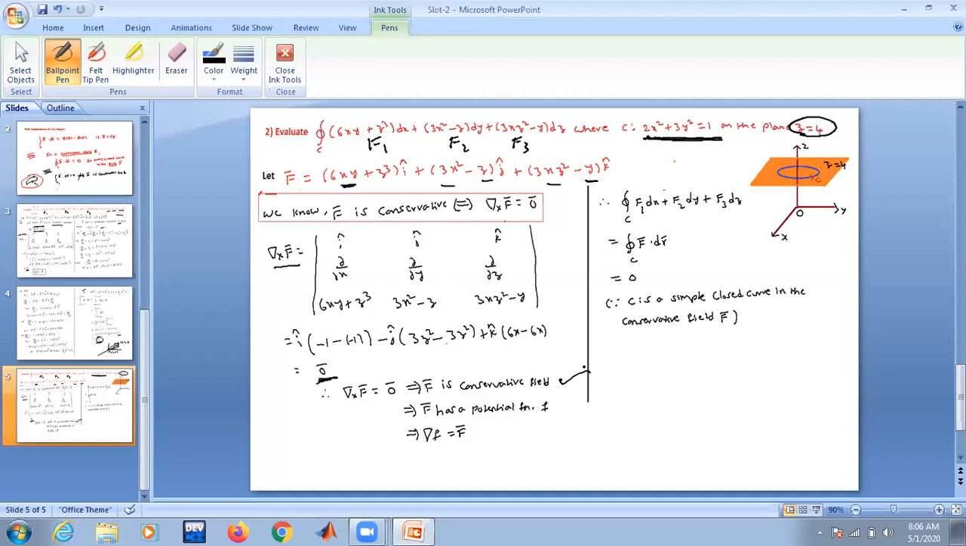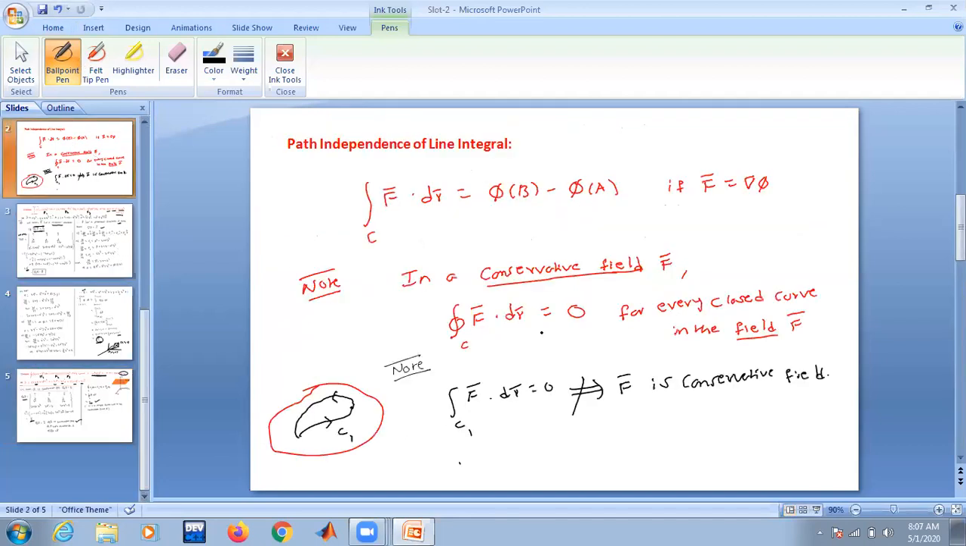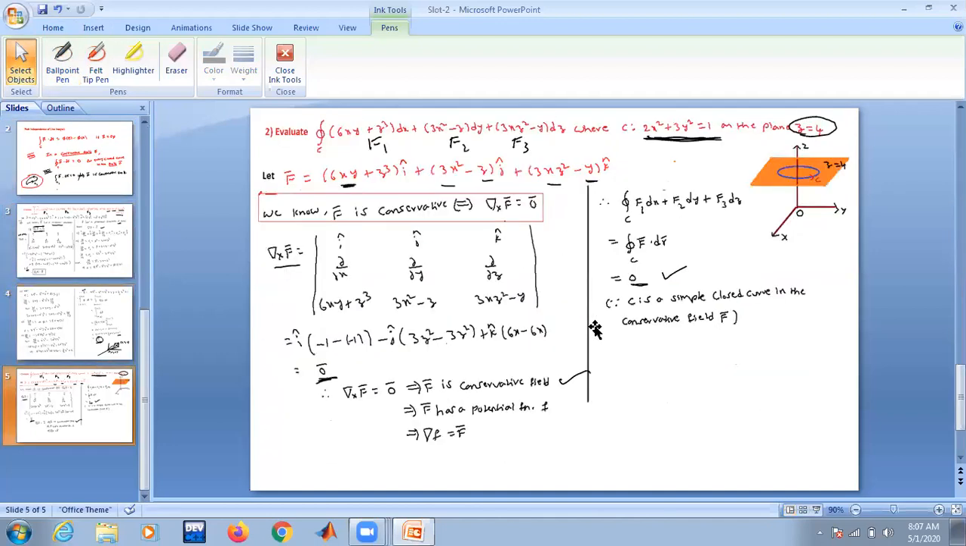When the field is conservative, the line integral over every simple closed curve is going to be what? 0. No need to do anything, because in a conservative field, I know that the answer is going to be 0, because the line integral is path independent. This is the answer. In a conservative field, the line integral over every simple closed curve is going to be 0. Is this clear? So that is the advantage if you have a conservative field and if the curve is a simple closed curve. That may be a space curve or a